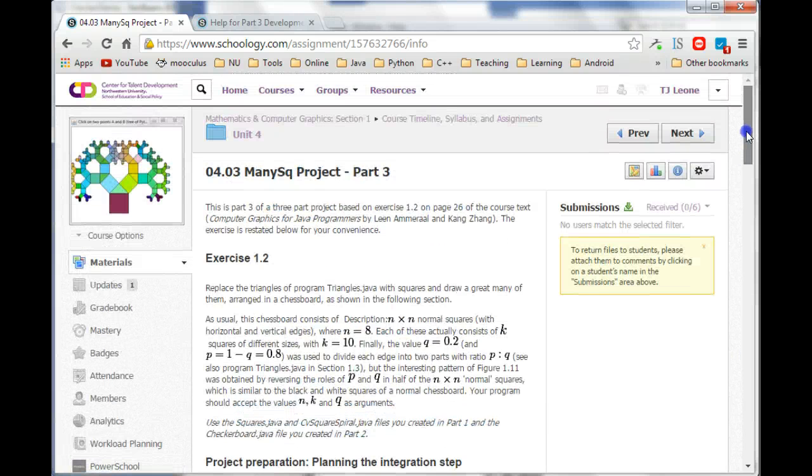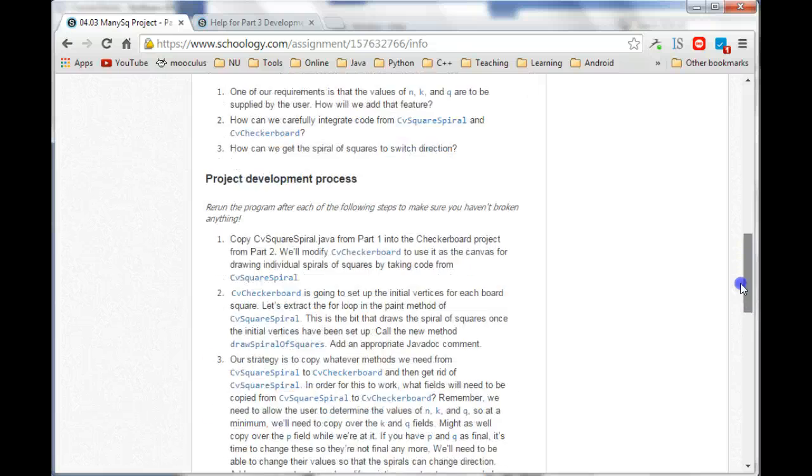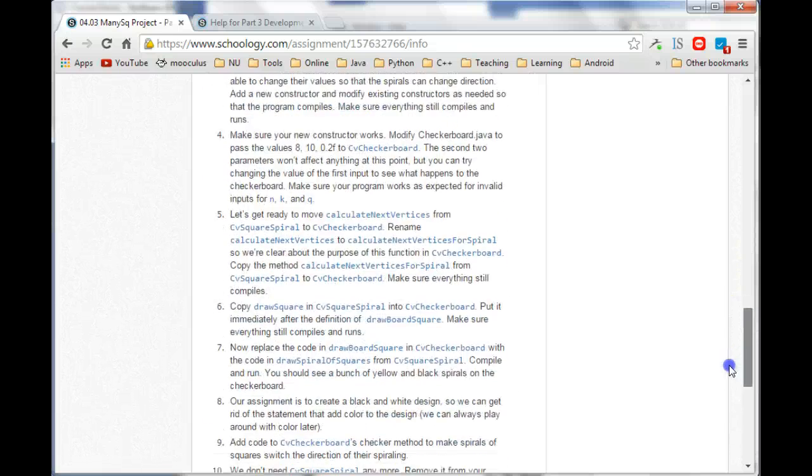Okay, Many Square Project Part 3, Project Development Process,